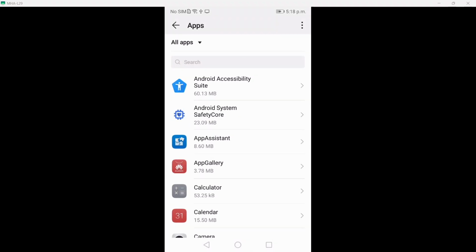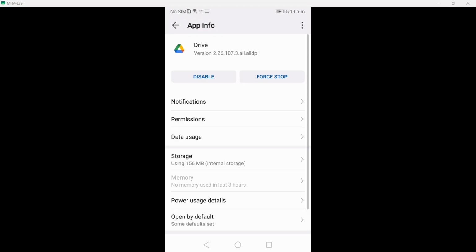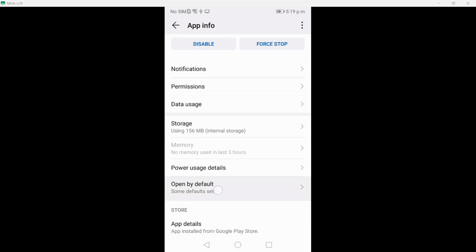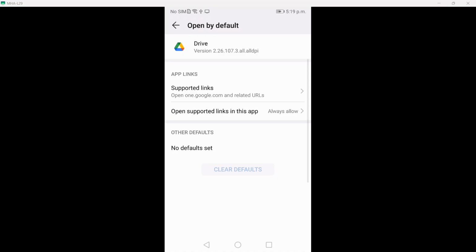Now let's say it opens always in Google Drive, so I'll just search for Drive here. So here what you want to do is go to open by default. If you go here, you want to make sure you click clear defaults. As you can see, it's already clicked, so this is not set to open by default. If you want to clear it, just click clear defaults, and the next time you open a PDF